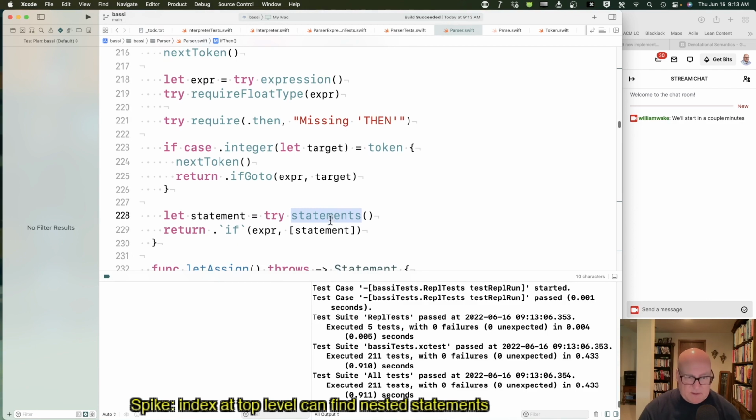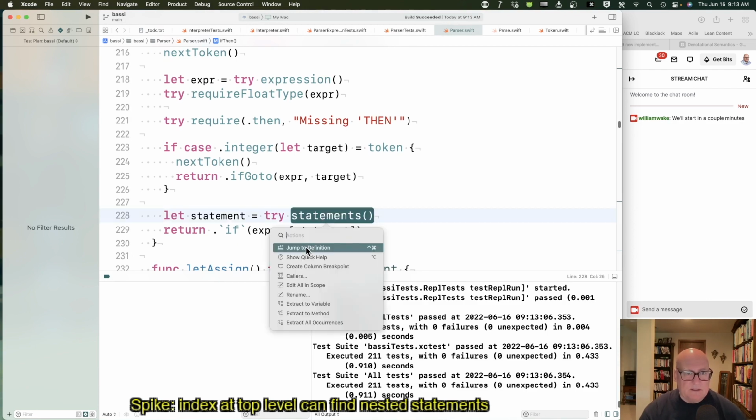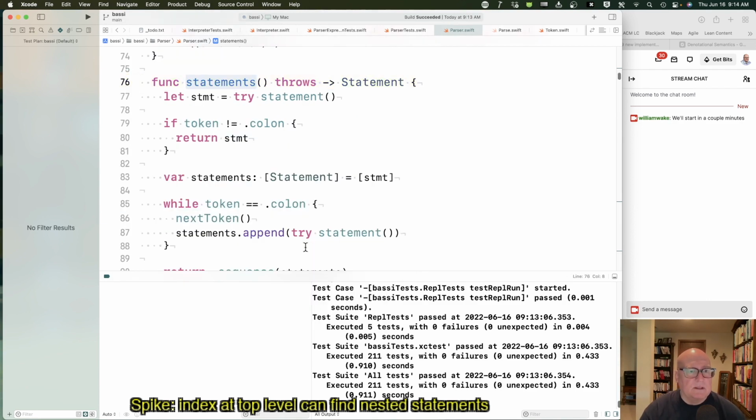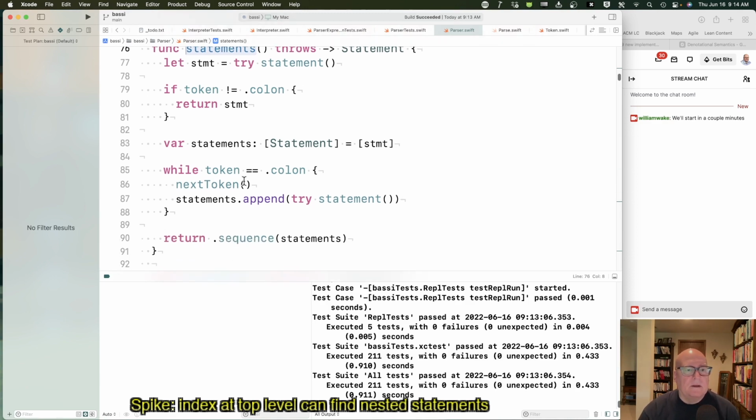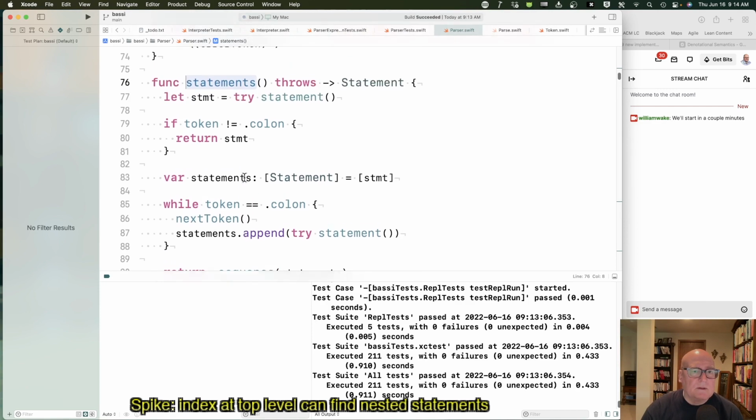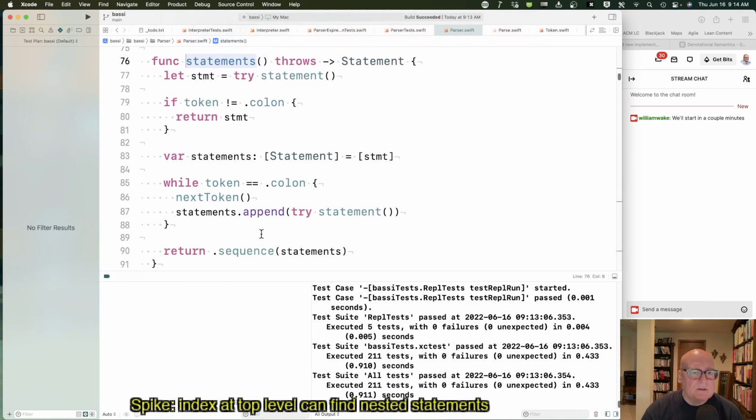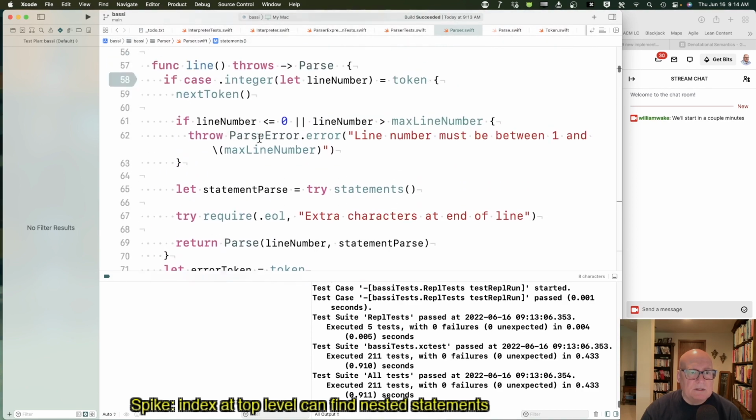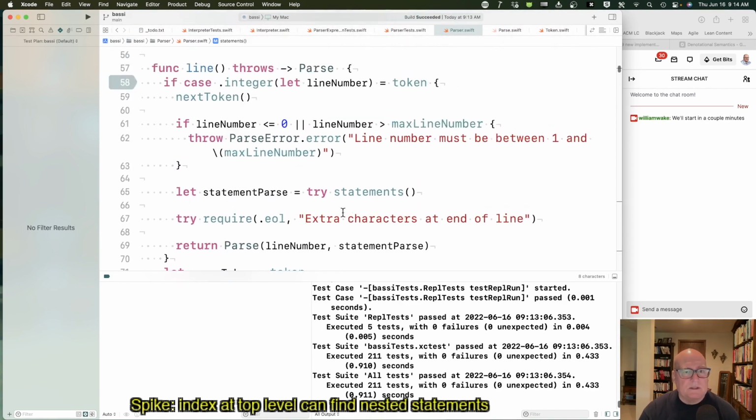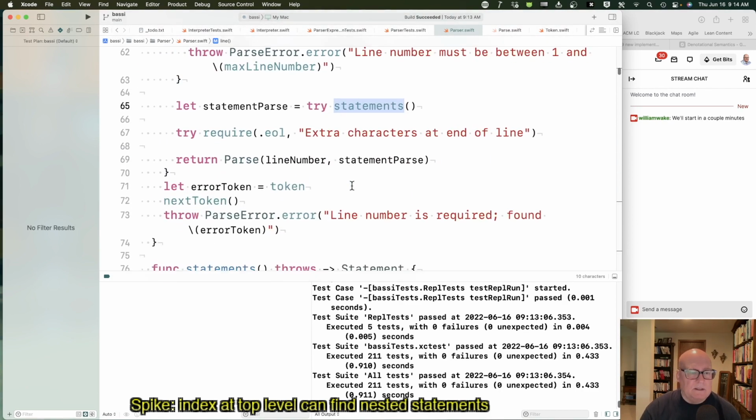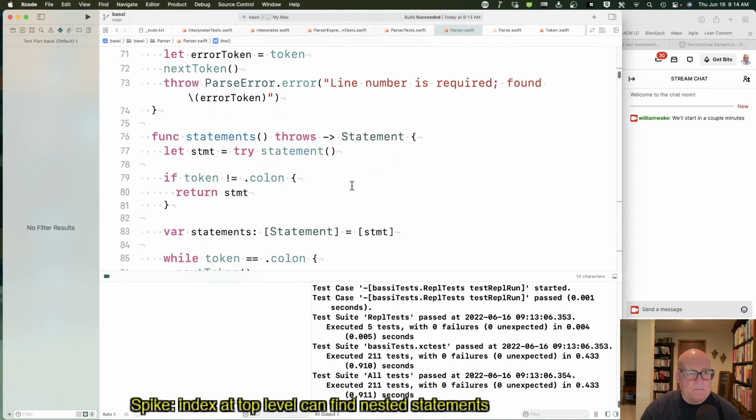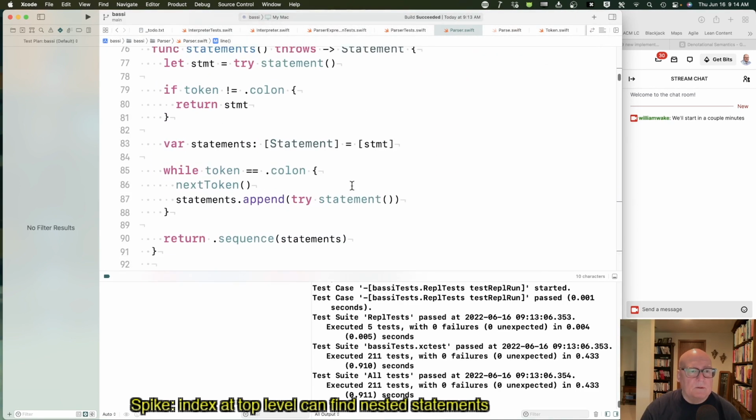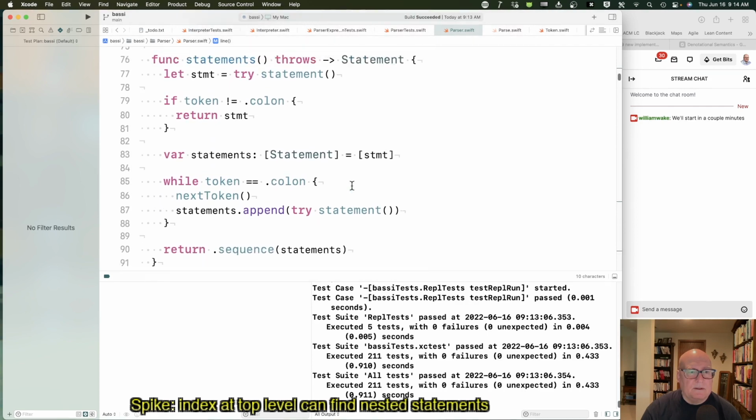So statements is going to return a sequence, I think. Yeah. Okay. Right. So, yeah, statements returns a sequence of statements. And statements is called in two places. One is on the line, and the other is in our if thing. Okay. So I'm gonna